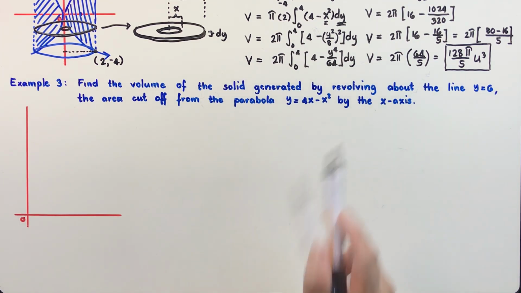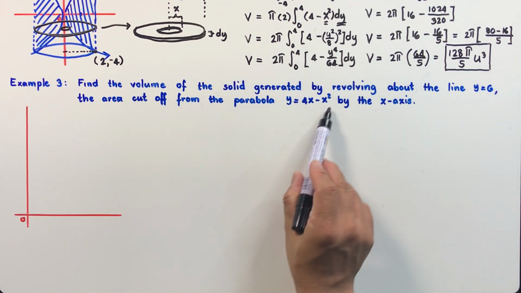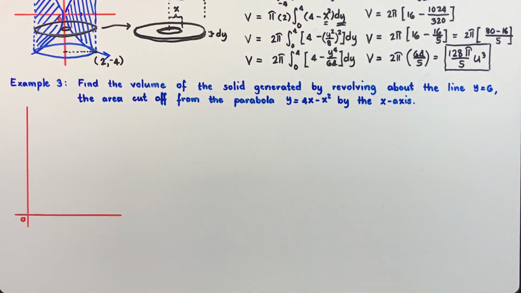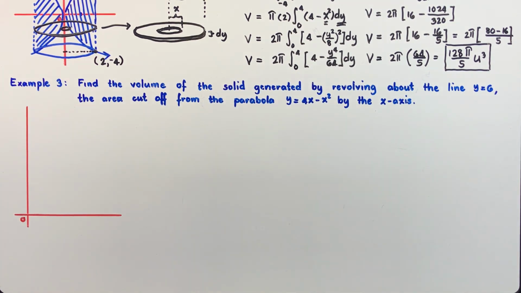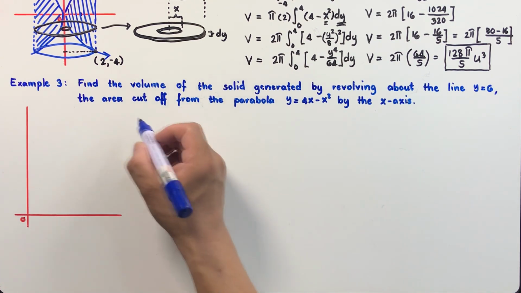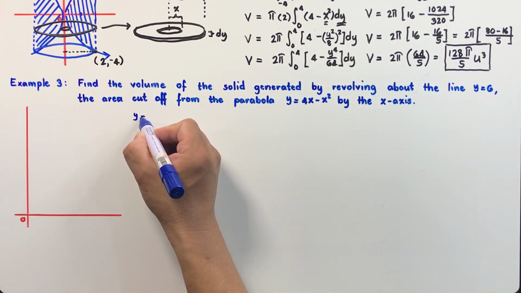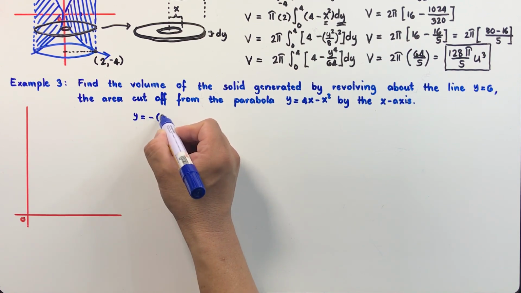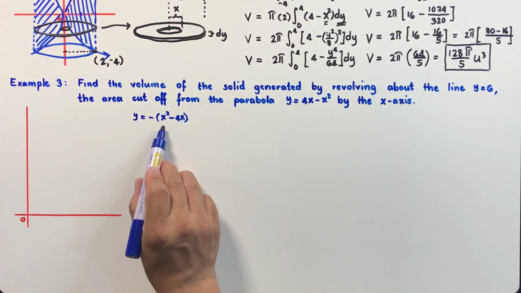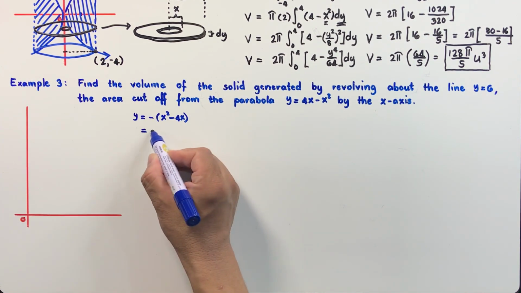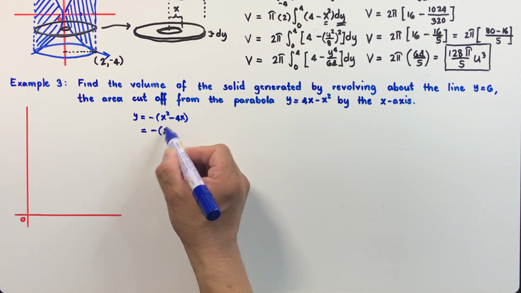Find the volume of the solid generated by revolving about the line y equals 6, the area cut off from the parabola y equals 4x minus x squared by the x-axis. So first, let us sketch the graph of this parabola. We know that this parabola can be written as y equals the negative of x squared minus 4x. So completing the square, we have minus of the quantity x squared minus